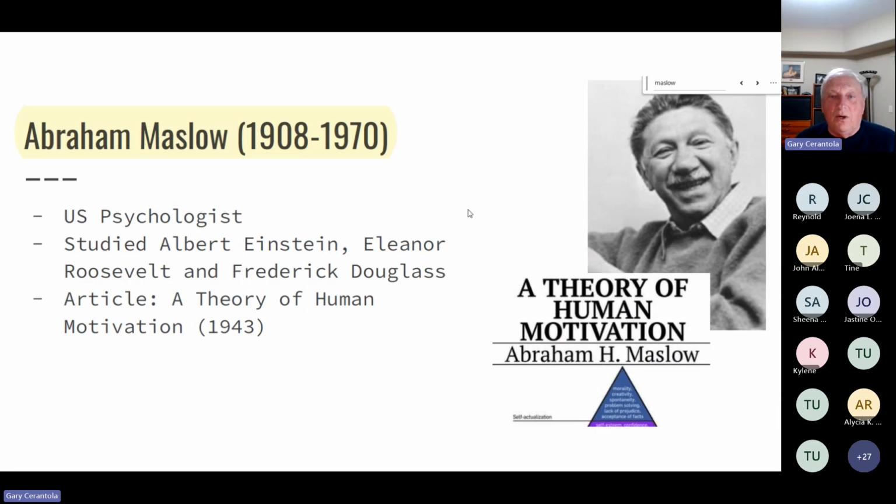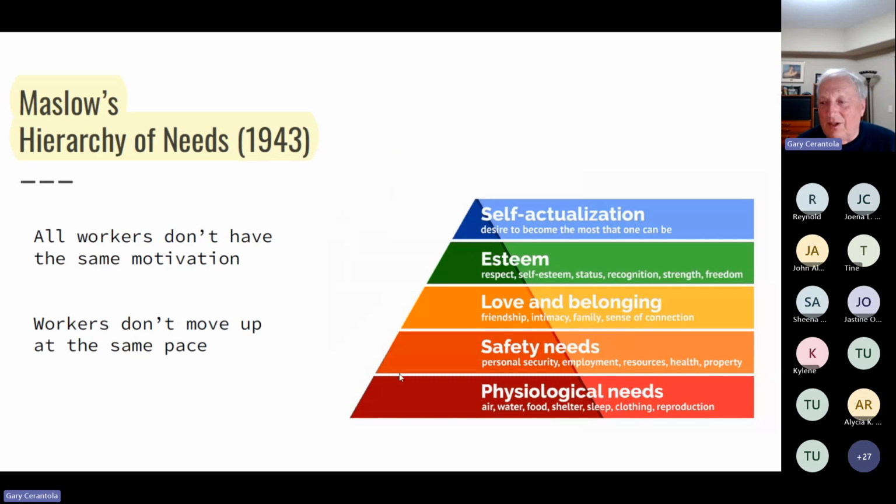Okay, so I'm going to talk about Abraham Maslow now, and I think Maslow is pervasive in terms of what he's come up with in this hierarchy of needs. So let's just look at physiological needs. You can't move up this hierarchy unless you satisfy each one of these levels. So you're not looking for safety needs when you're starving, all right? So you need to deal with those physiological needs before you could even start thinking about safety needs in terms of personal security or employment or health property.